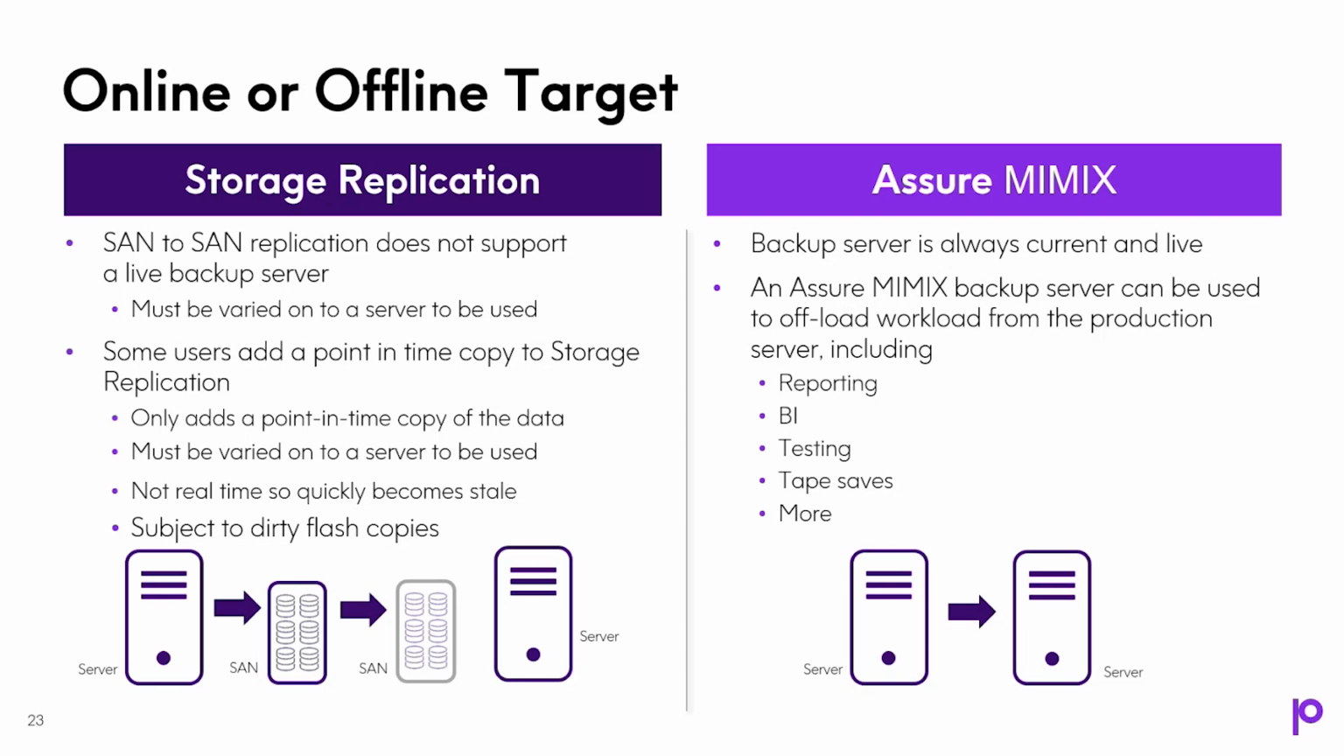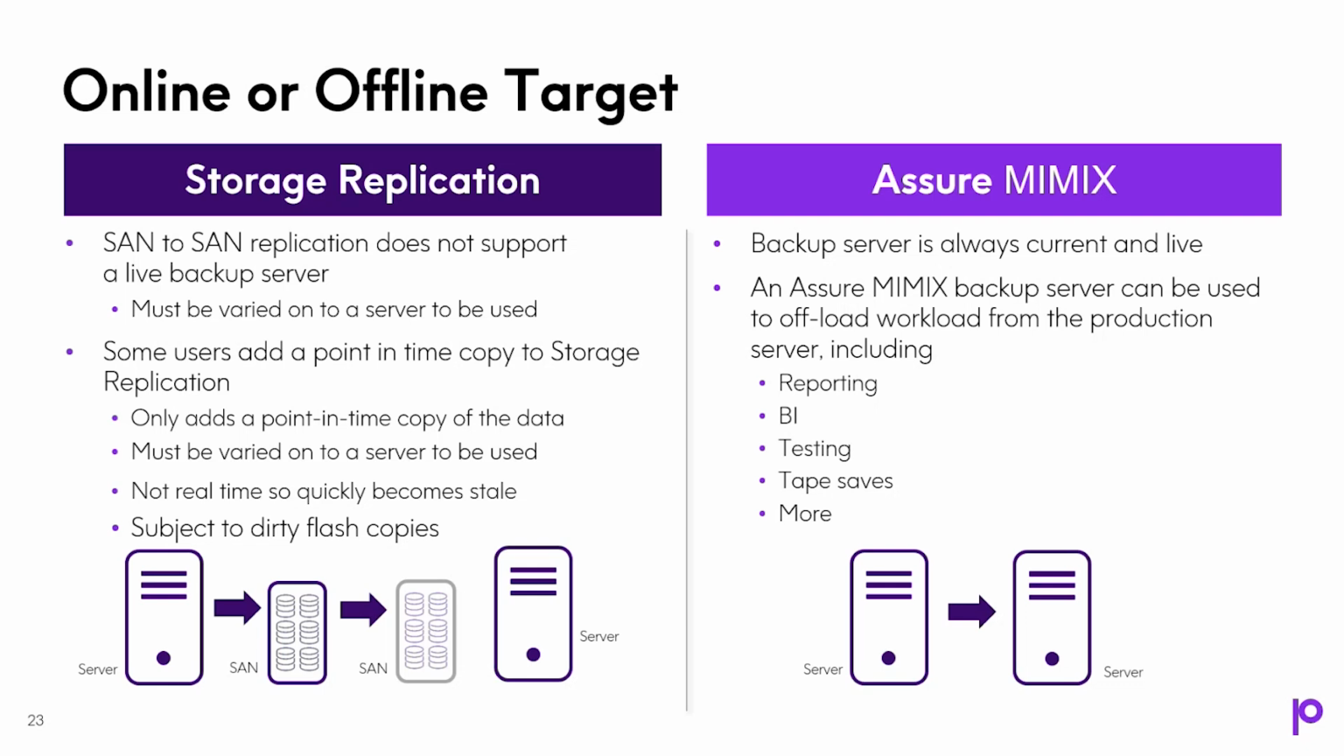use it. Okay, so some users might add a point-in-time copy to storage replication in order to access it, like flash copy or some other snapshot oriented technology, which is fine, but it's a point in time. Okay, it's a point in time, and it must be varied on. So you take your flash copy, you take your snapshot, you got to go ahead and vary that on or IPL it to an entirely different LPAR in order to use it. So that's pretty inflexible. And not only that, it's subject to dirty flash copies. So it's really not a great plan if you need to provide your users real-time access to a copy of